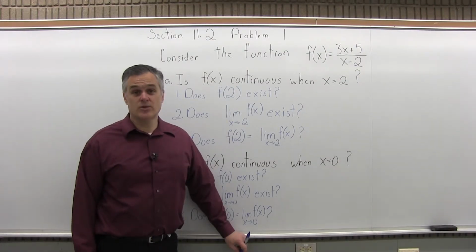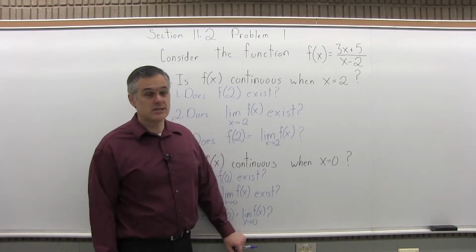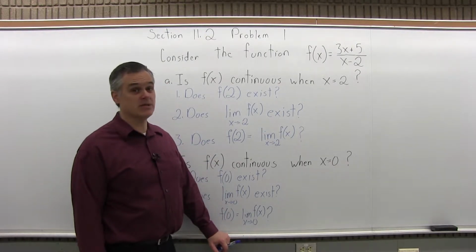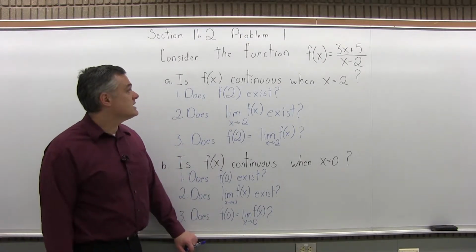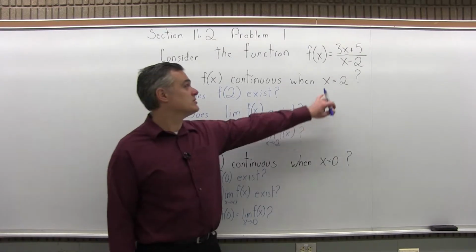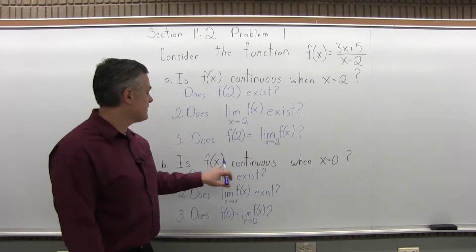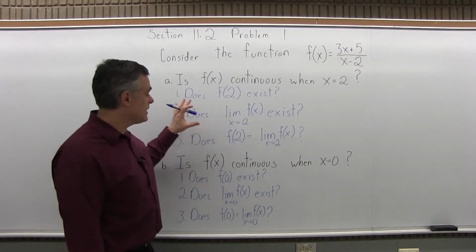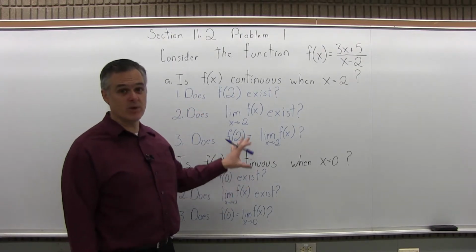This is Section 11.2, Problem number 1. It says, consider the function f of x equals 3x plus 5 over x minus 2. Part A says, is f of x continuous when x equals 2? And then there's a part B, is f of x continuous when x equals 0? So for both part A and part B, we have to answer the three questions about whether or not a